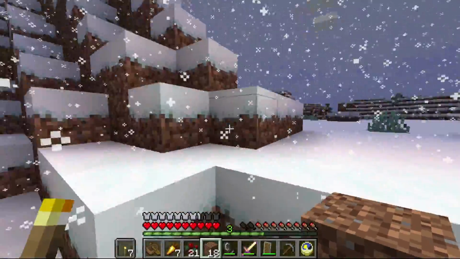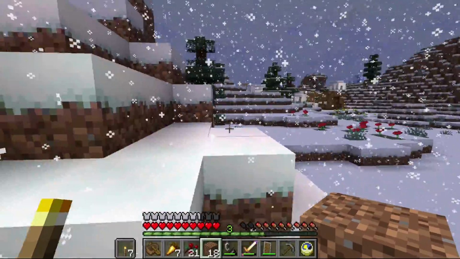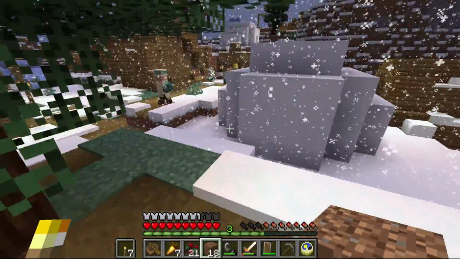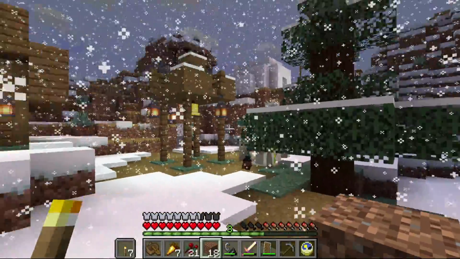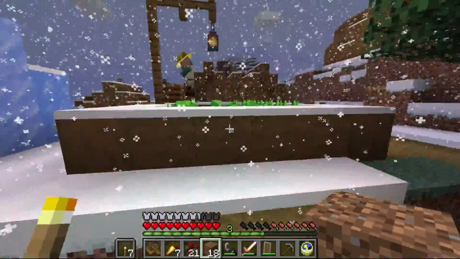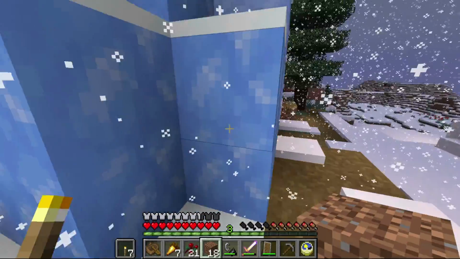So let's get up into this little village and see. I don't think any of these technically constitute as being igloos. This one's big enough to the point where it might, but it's not. These are just little icy houses. With that being said, this is actually going to be a decently good spot for us to set up camp,